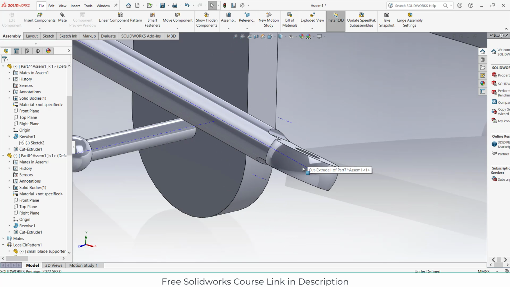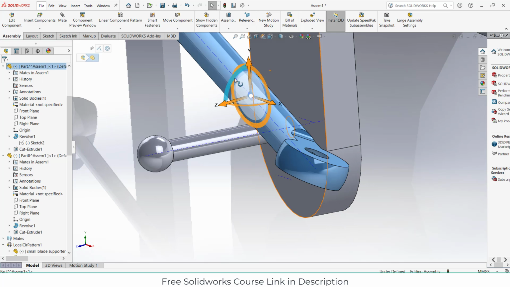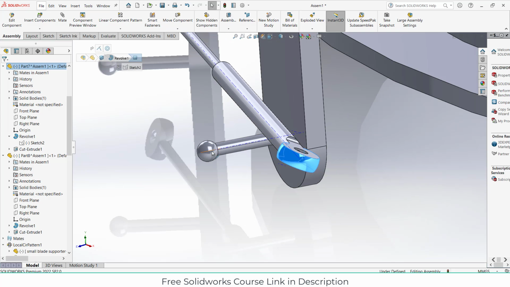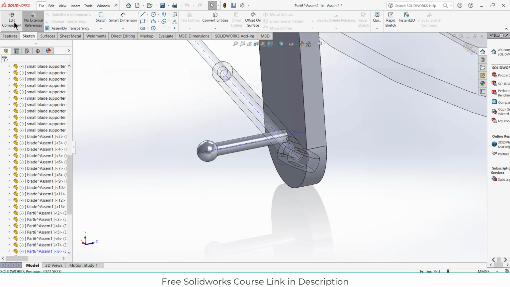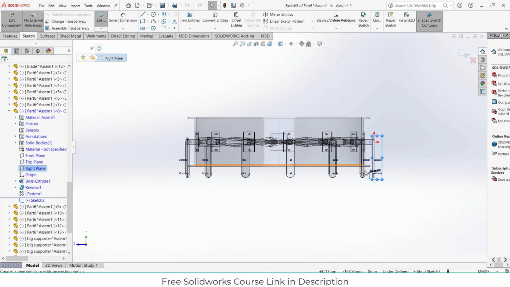So what we can do guys here, it is not rotating. So I figured out one more method. What I will do, select this one, click on add components, select this part and select its right plane, click on sketch,